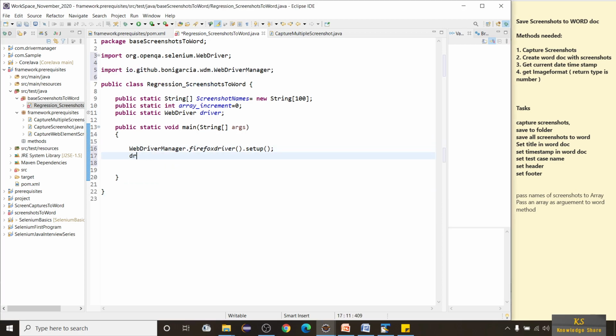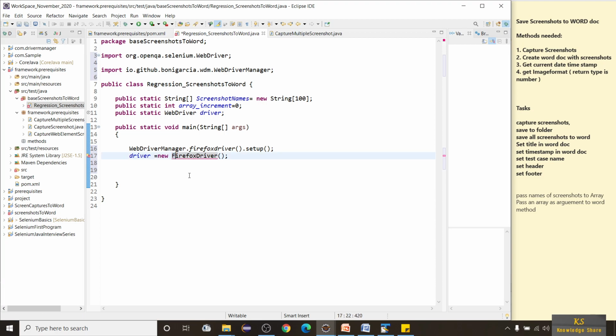Next, we are going to open the browser. Driver is equal to new FirefoxDriver and import this. Okay, let's see.